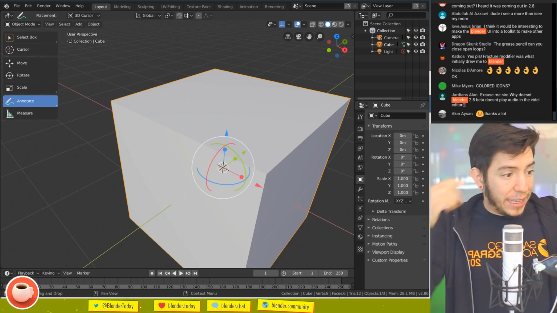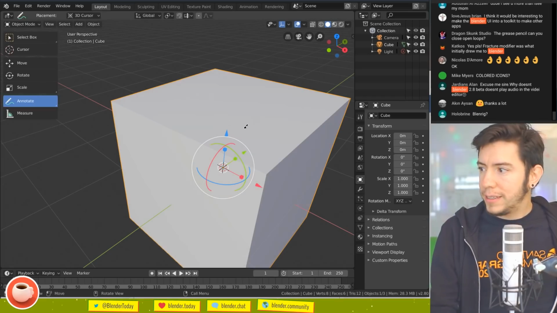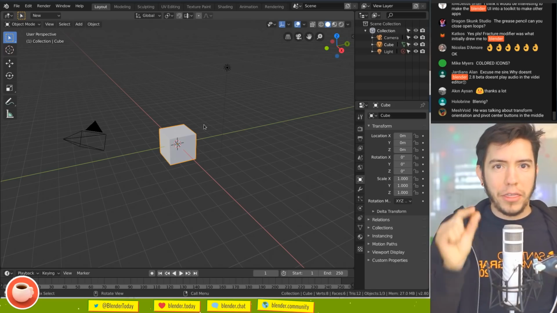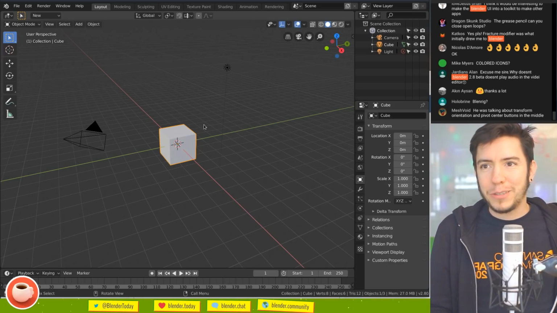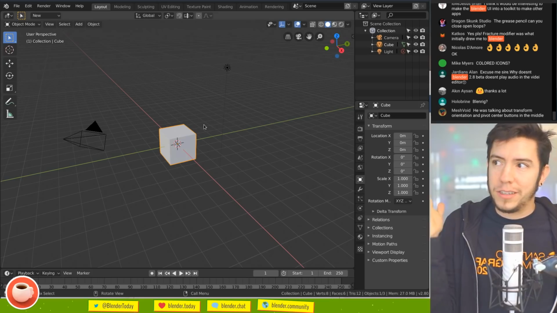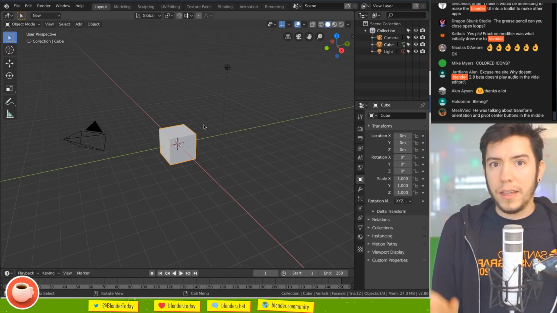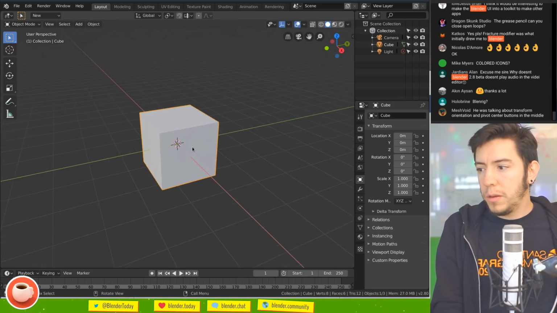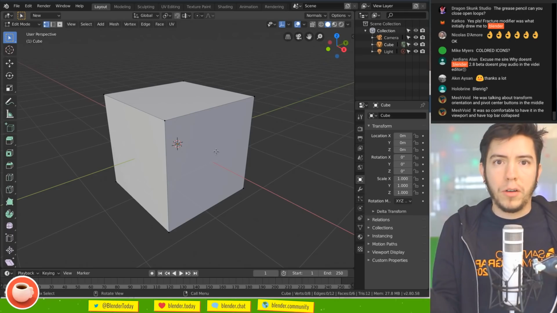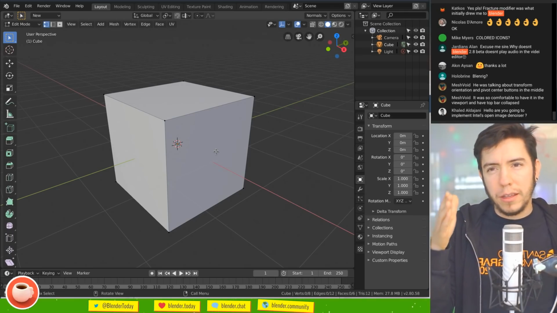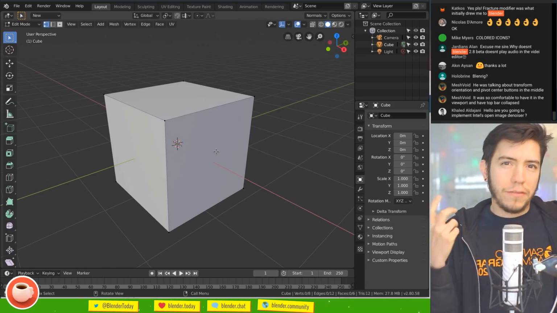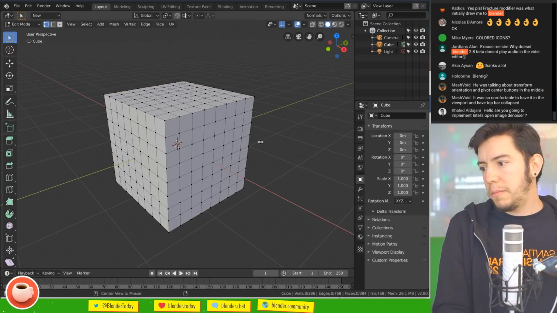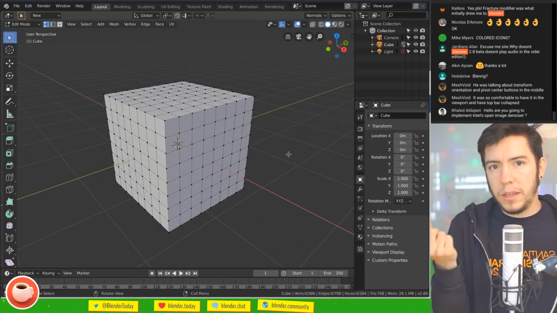More news is the edit mode. Yes, edit mode. Remember? Have you been a fan or not? Are you part of the thick edges team? There has been a lot of discussions lately, but not lately, since it was added basically, on the thickness of the edges in edge selection mode. It was decided a long time ago how we can tell apart the vertex selection, edge selection, and face selection modes. The decision was basically just use the opacity of